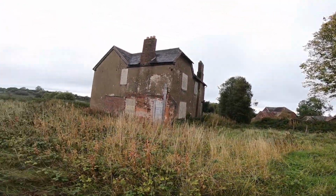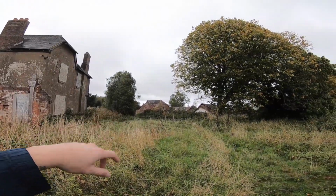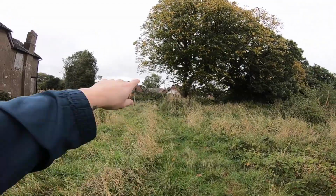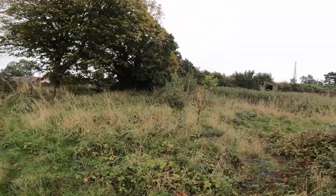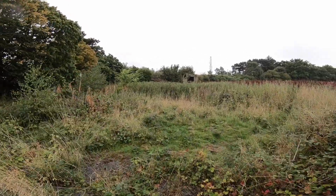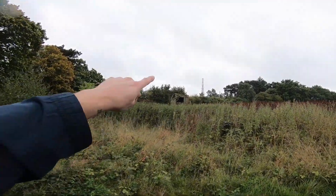Obviously this is from the other side. The views are to the left, and then the outbuildings and stables and whatnot are there. I like that bit. I'd renovate all that and move into that and have nice garages and stuff. But the interesting part about this one, and the reason why I came back to this one, was this is on the